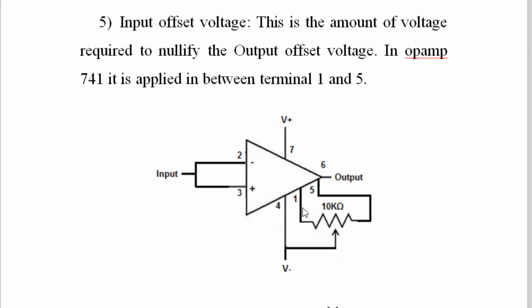So therefore pin number 1 and 5 of the op-amp 741 are called offset null pins. A 10 kilo ohm variable resistor is connected. The variable resistor has 3 terminals. Any one terminal you connect to pin number 1, another terminal to pin number 5, and the variable terminal to plus VCC or minus VEE. Here we connect it to minus VEE, it is very close over here. And in this way, by varying this pot, we can inject this negative voltage inside the op-amp,